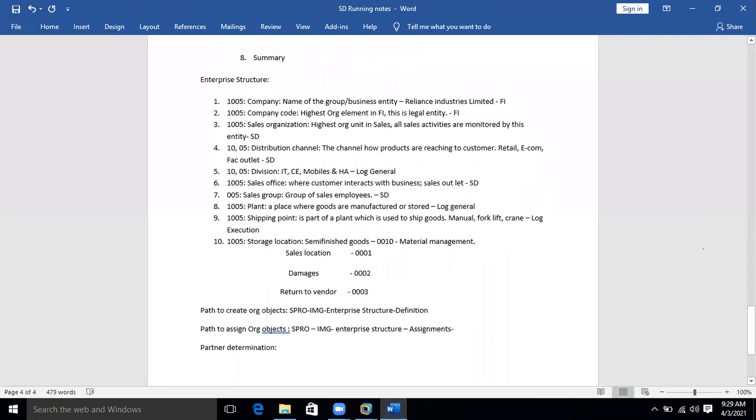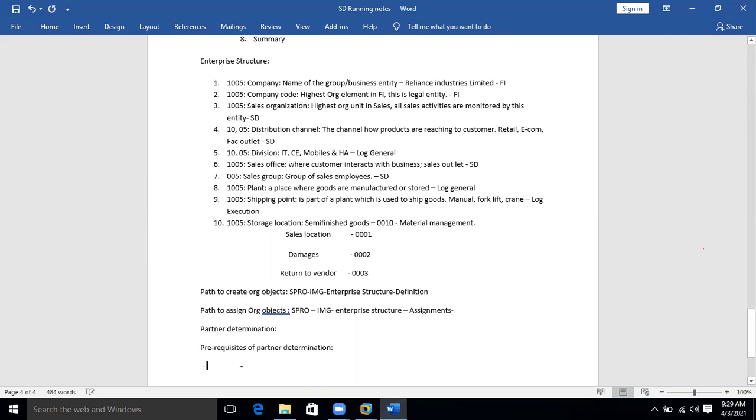Partner determination. To understand this completely, you have to work on 2 subsets. One is the prerequisites of partner determination. These include defining customer account groups.